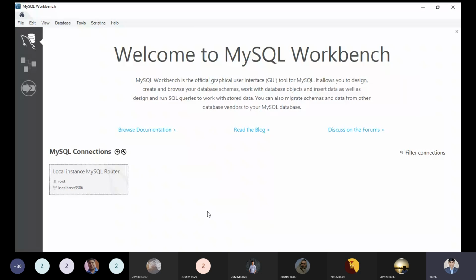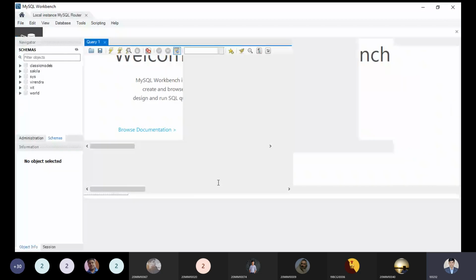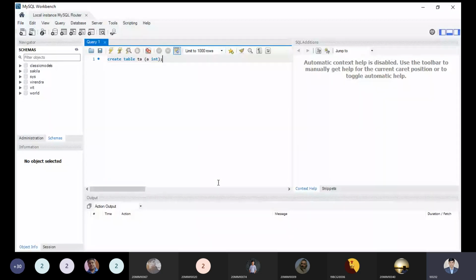So I'm clicking on this point over here. Now you will be able to see, on opening the SQL editor, a message will come and the password is already saved here, so no need to type the password again. A message or screen will appear over here after some time. After a couple of seconds, you will be able to see the screen. Now it is visible to all right now.